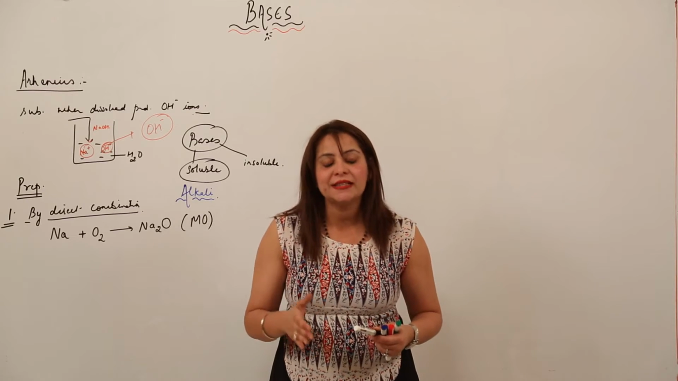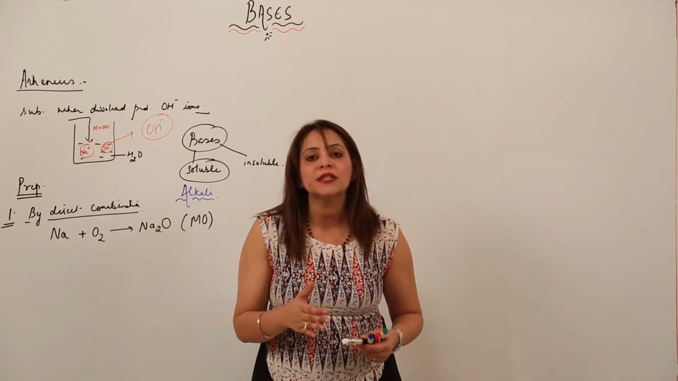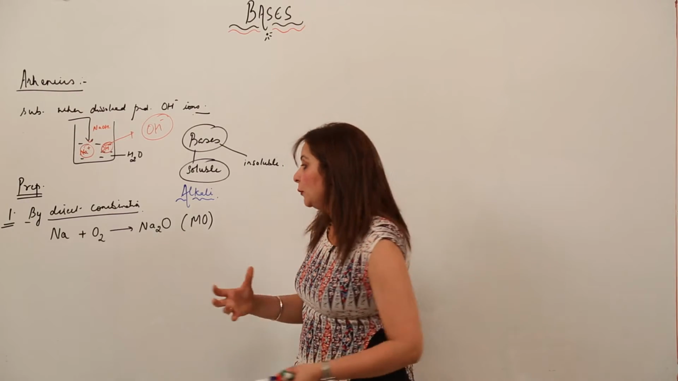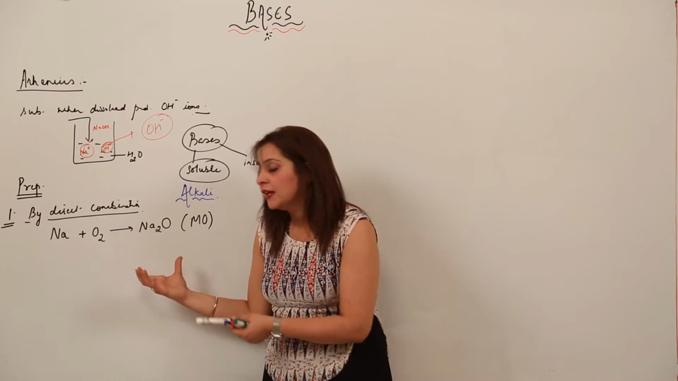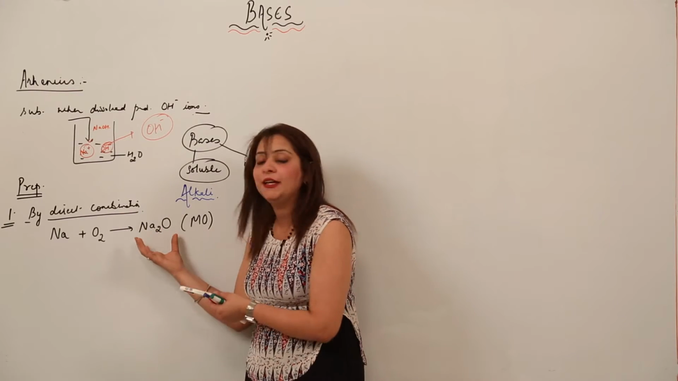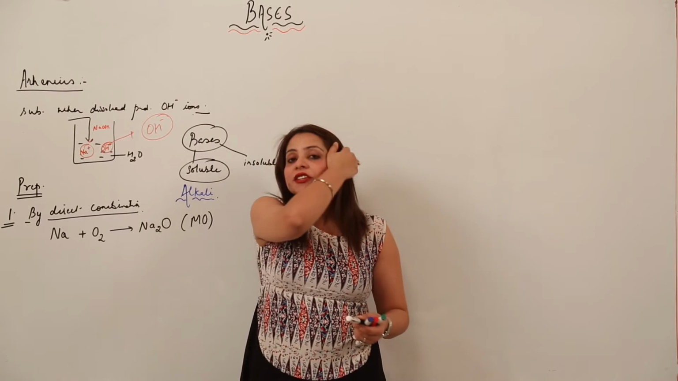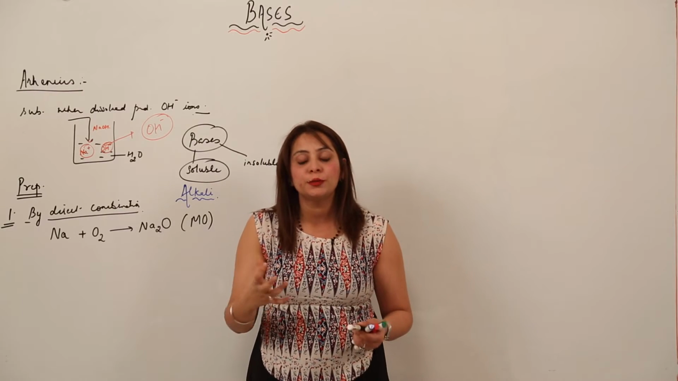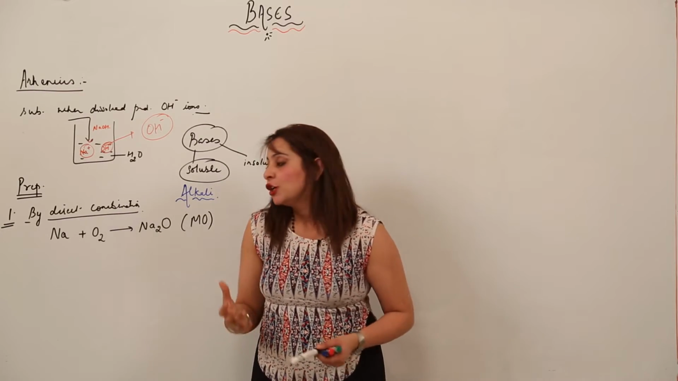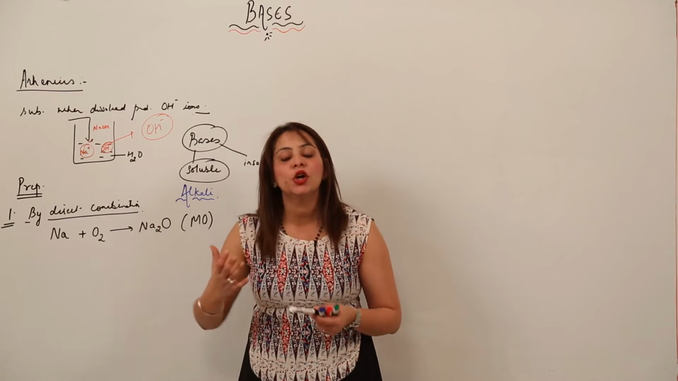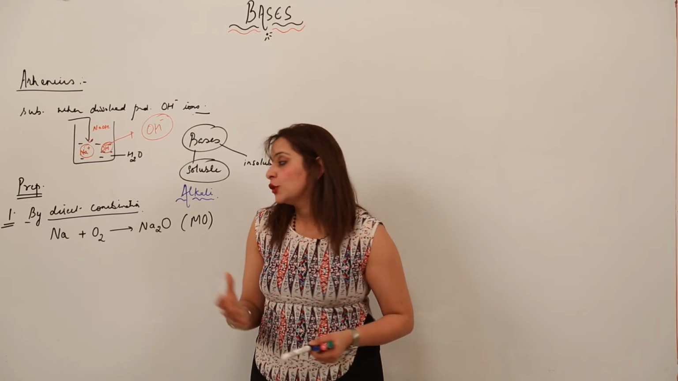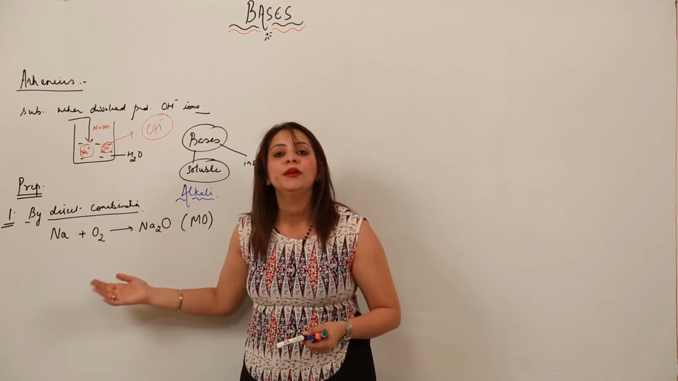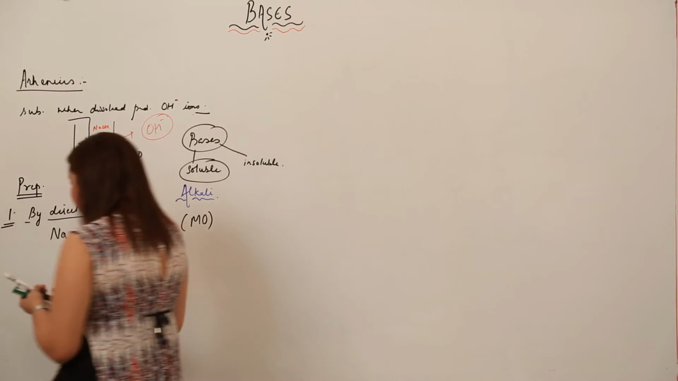All metal oxides except aluminium oxide and zinc oxide are basic in nature. So these are also bases, because when we dissolve this kind of substance in water, it dissociates to produce hydroxide ions. So metal oxides are also regarded as bases. They can be formed by reacting the metal with oxygen. Another method,